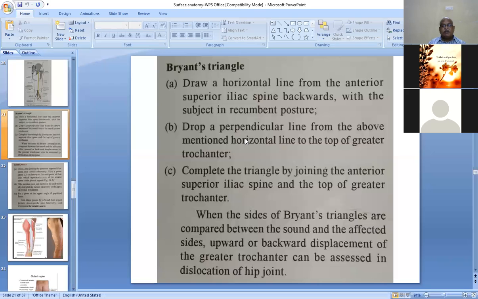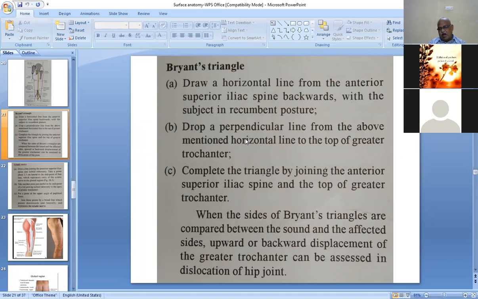Upward or backward displacement of the greater trochanter can be assessed in dislocation of the hip joint. Not downwards. Upward dislocation of the hip joint, upward dislocation of the femur. So it indicates displacement of the hip joint. That means the head of the femur